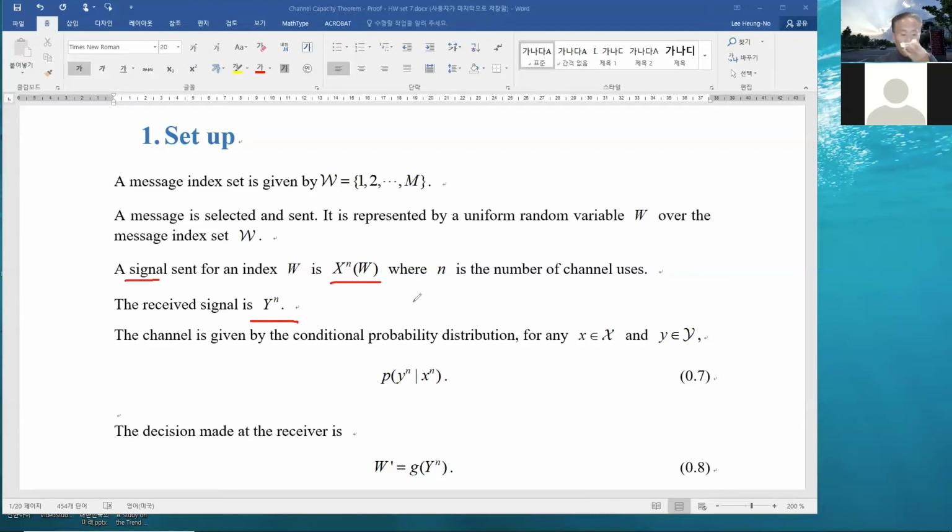The channel is given by the conditional probability distribution, as we have seen in the mutual information based channel capacity proof. There is an alphabet X and an alphabet Y. So based on which channel you talk about, this X and Y are going to be given with the conditional probability distribution. So, for example, X could be binary,